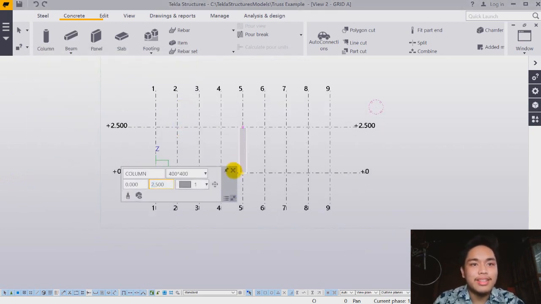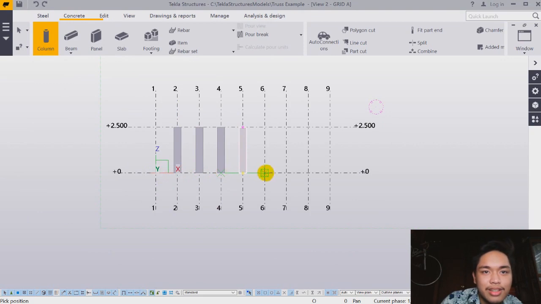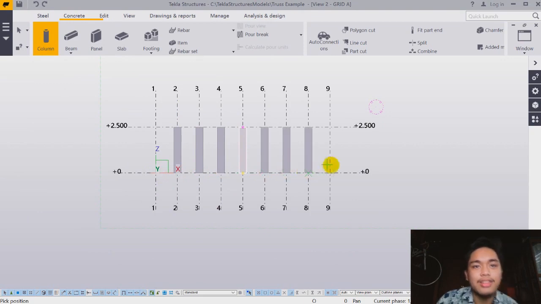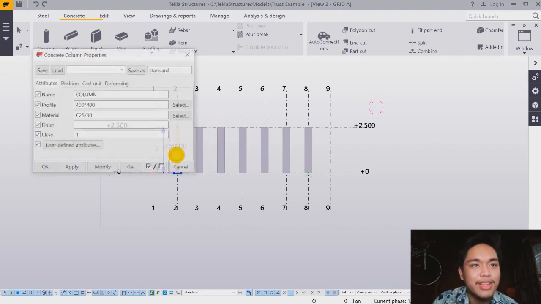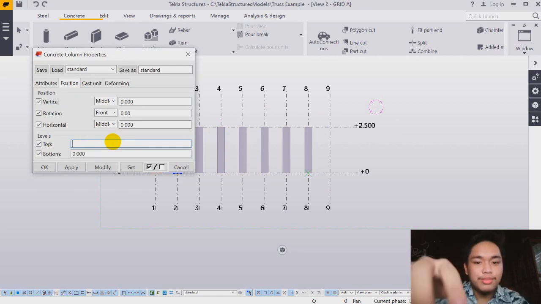After that, let's create more columns. Click here, here, here, here, like that. Then since it is a triangular truss, we must change the height of these 6 columns. So for the height of this, let's change it to 0.626. So this height